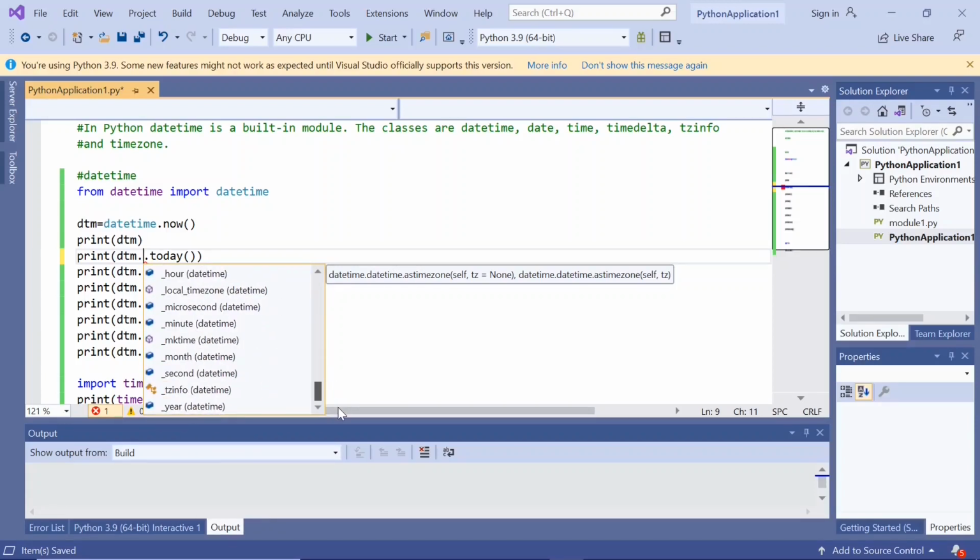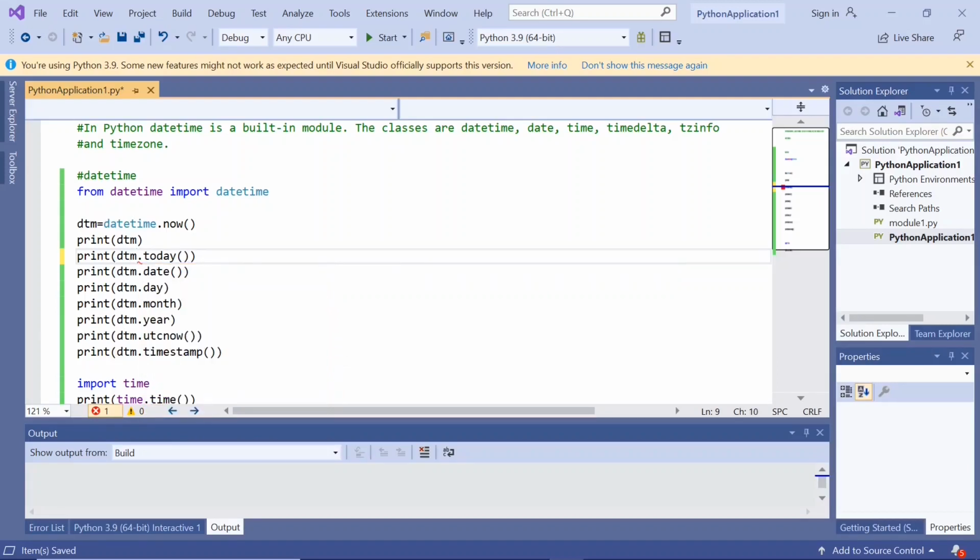All these you can derive from this dtm variable. So we are printing dtm.today, dtm.date, dtm.day, month, year, and utcnow, and timestamp.